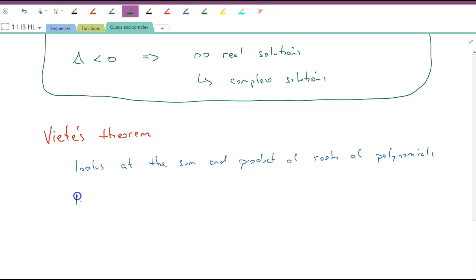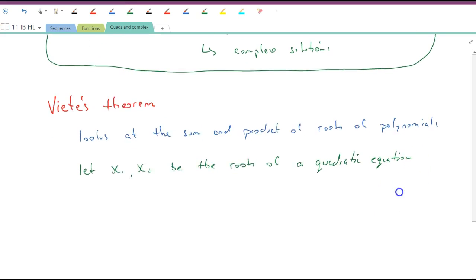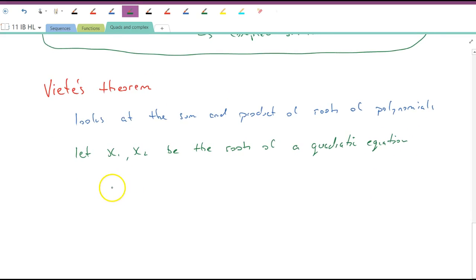So let x1, x2 be the roots or solutions of a quadratic equation. Then from that, x1 plus x2, what's that going to be equal to? What's the sum of those roots going to be? Well, if we look at the quadratic formula, it's going to be,